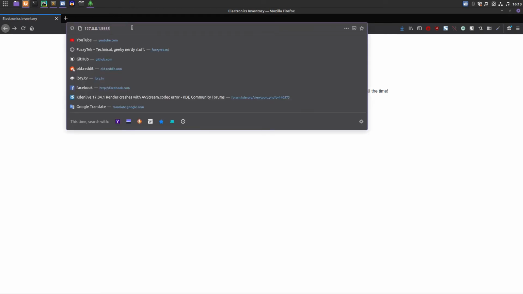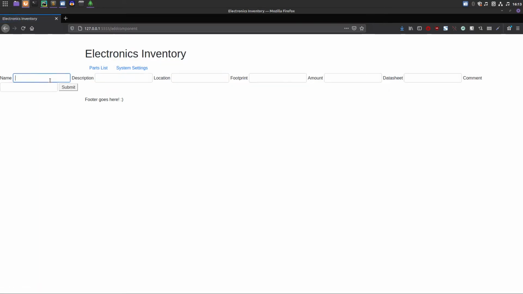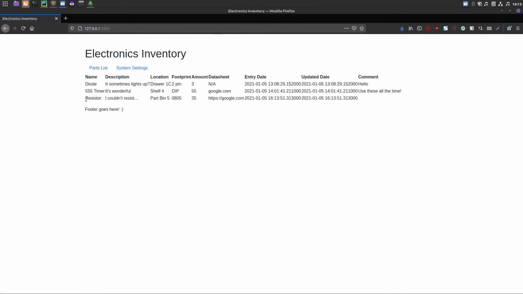So let's add a new component. And this can be a resistor. Description is... location is part bin 5. Footprint, the resistor can be an 0805. We've got 35 of them. Datasheet can be at a URL, and the comment can be nothing. Submit. It got added. So we go back to the parts list, and there's the resistor